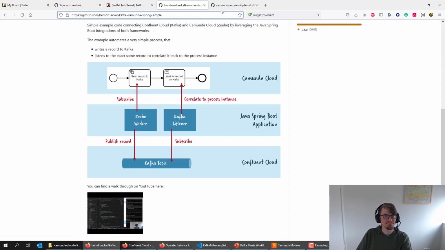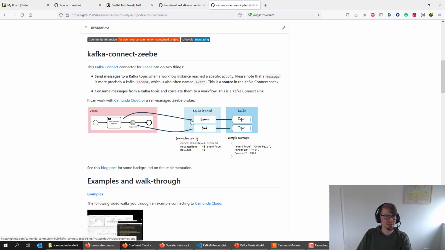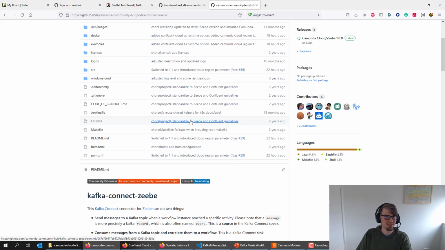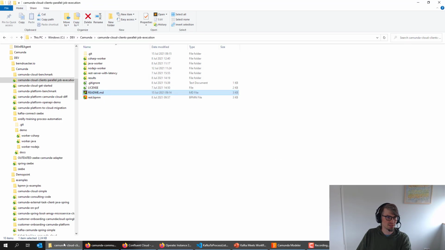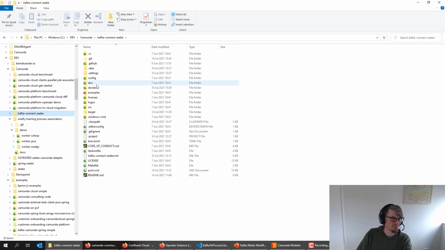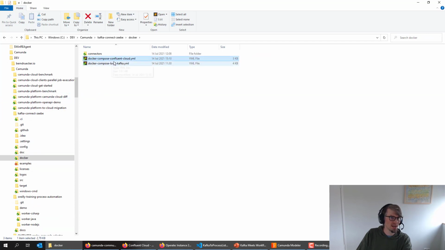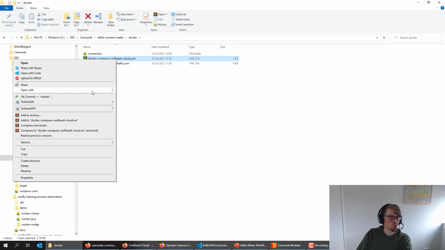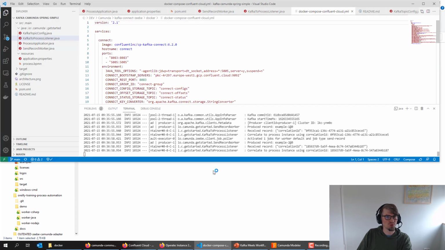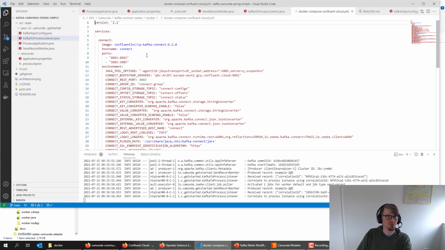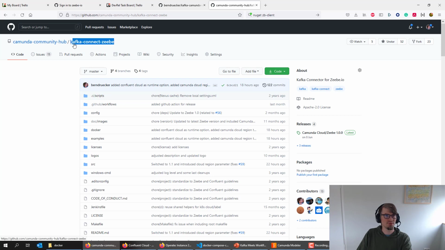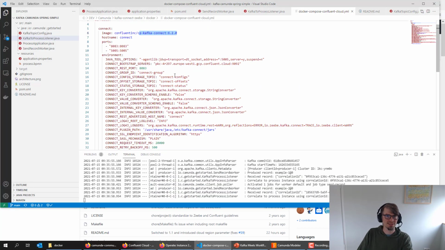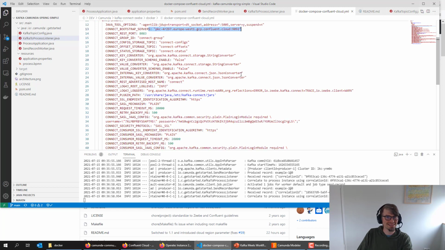And more or less the same thing also works with Kafka Connect. Not going into these details today, but just to show you that Kafka Connect also can do that. I have a Docker Compose file proving that. So there you use Kafka Connect with that Kafka Connect Zeebe component, and there it's the same thing. You can basically connect to Confluent Cloud on the one end,